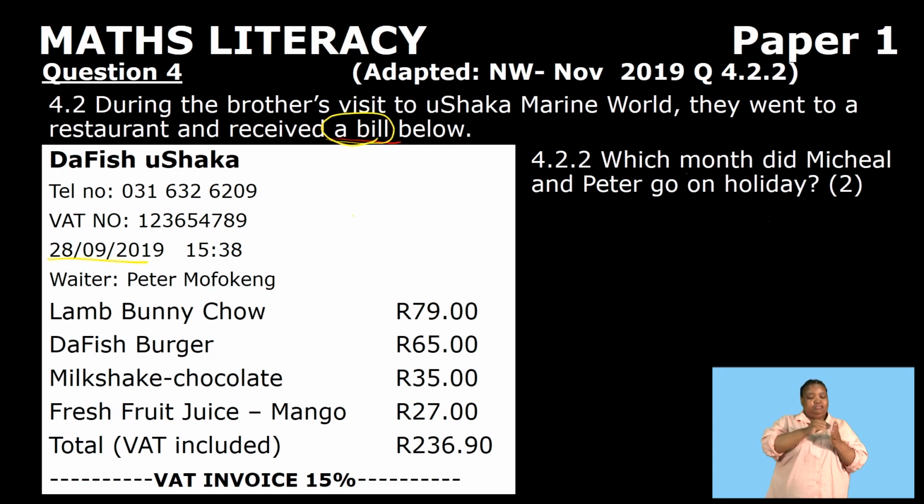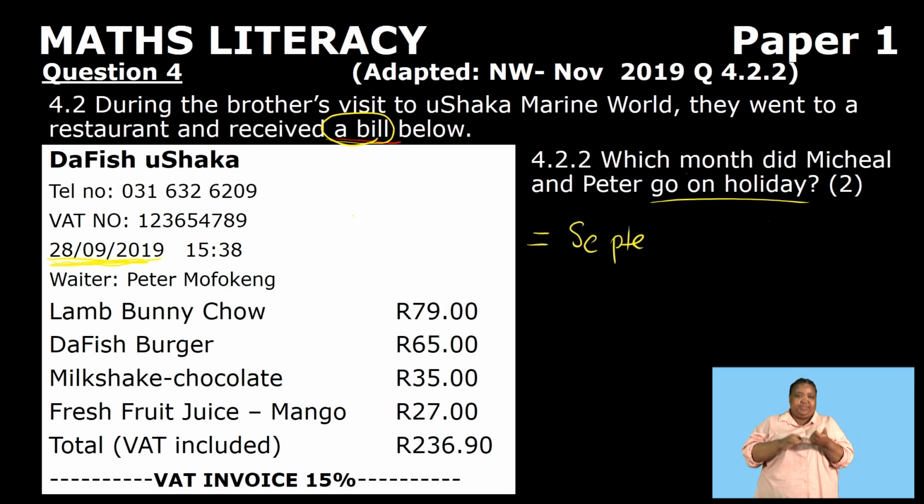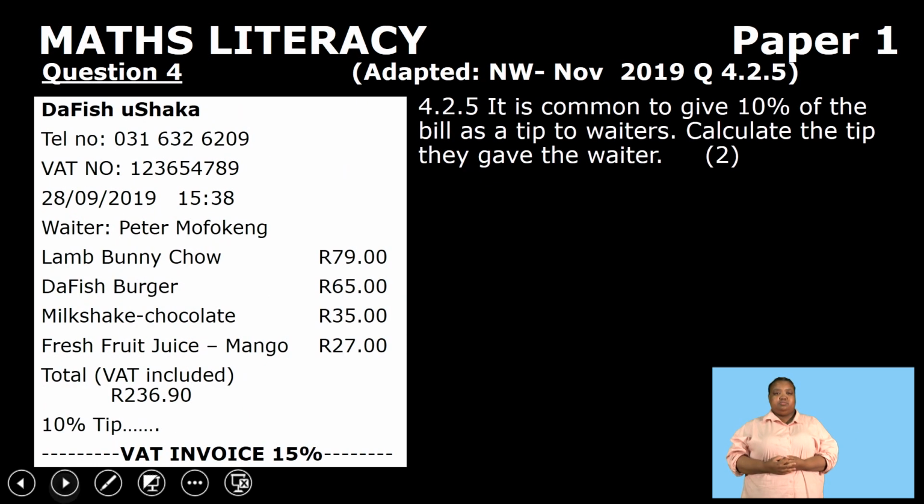Now looking at question 4.2.2, it says, which month did Michael and Peter go on holiday? So it simply means we don't write the full date, but we simply give the month. So the date that is given to us, here it is, and when we look at the month, it says 09. So it's going to be September. So our answer would be September. Next question,